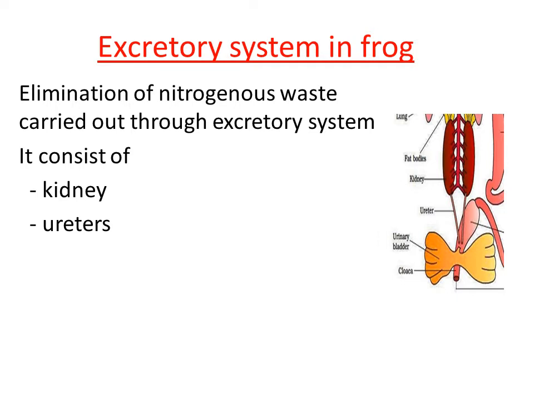Ureters are tubular structures, and they actually arise from the kidney. In the diagram you can notice the location of ureters. Then the excretory system consists of cloaca, and also the urinary bladder. So these are the different organs that can be seen in the excretory system of frog, right? These words are familiar to us because the human excretory system also consists of the same organs, except the cloaca. Cloaca is the new terminology here, right? So let us talk about each organ in detail.